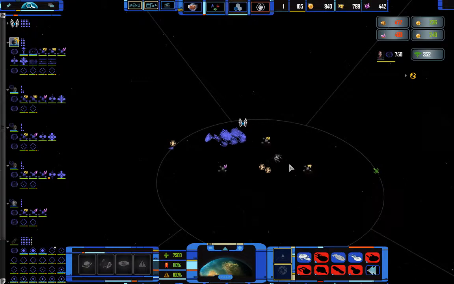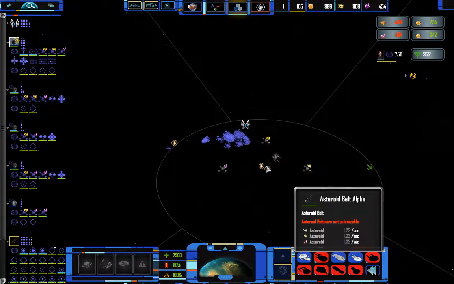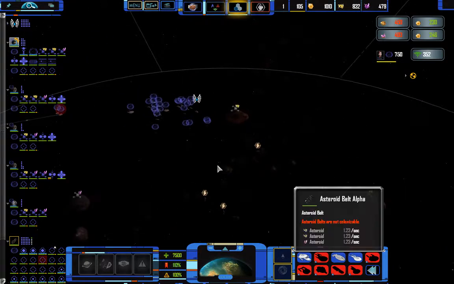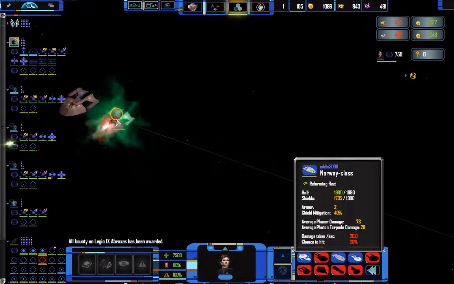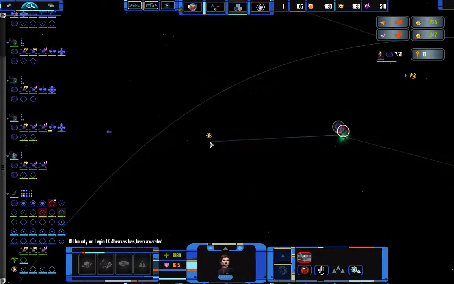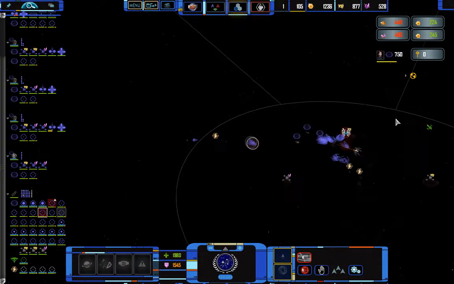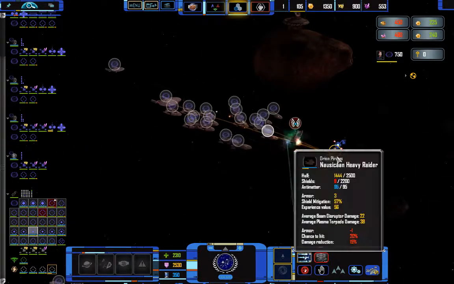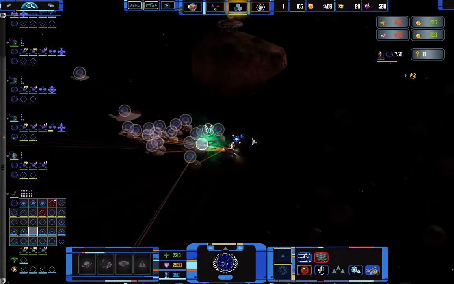What have we got down here? So we got some pirates. What are you two doing? This can be another thing, that your fleet is doing whatever it wants to. So what I'm doing-